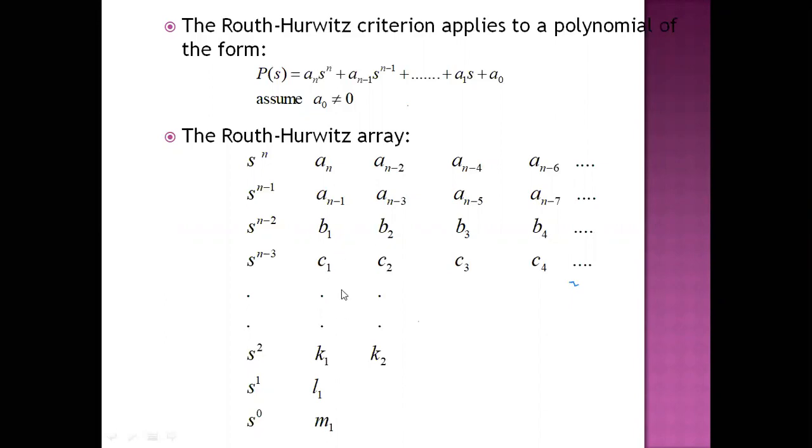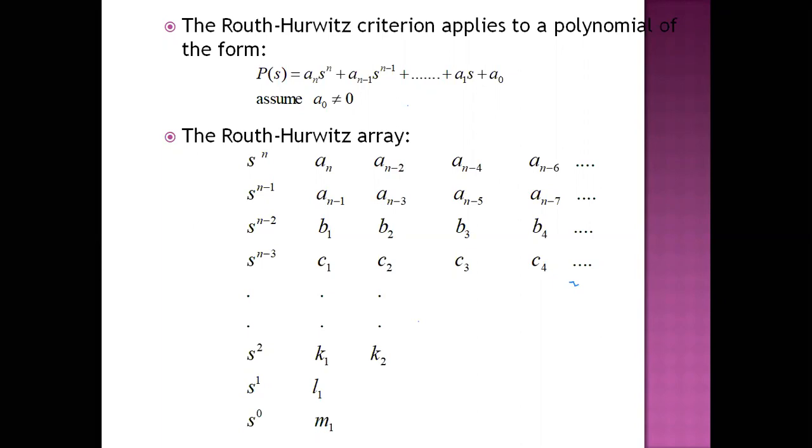So you will get the Routh array elements in terms of epsilon. Finally, you replace that epsilon with a 0 and check for the stability. Next case is if all the elements in a row are 0. In that case, we have to formulate an auxiliary equation from its previous row. Then you differentiate the auxiliary equation with respect to s, fill up that row with the result, and proceed. So if all the elements are 0 in a row, then the system will be naturally oscillatory or marginally stable.